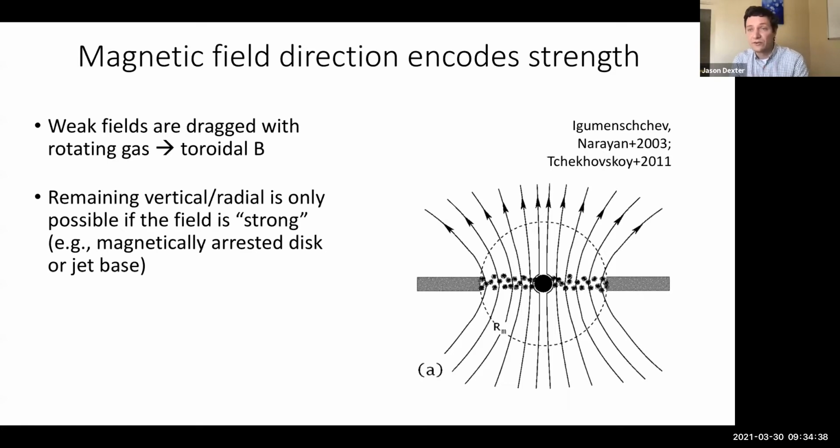And an extreme example, a cartoon of an extreme example is shown on the right, where imagine that you have a black hole magnetosphere, which is pointing, say, vertically in that case, and manage to actually disrupt the accretion flow onto the black hole. Again, another example from astrophysics would be around a neutron star. If you have a strong enough dipole field, that can actually modify the flow of gas strongly and collimate it along magnetic field lines. Okay, so not only from the EVPA pattern can we get at magnetic field directions, but that also encodes the strength. And so we can learn about, are these magnetic fields near the black hole dynamically important?